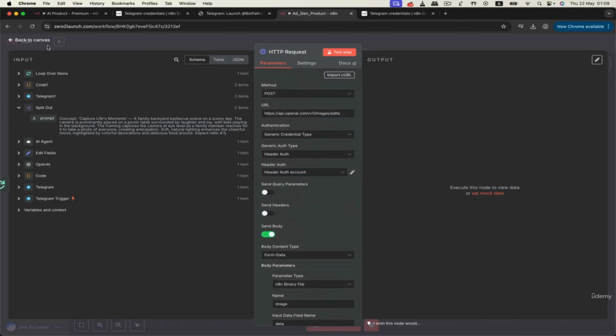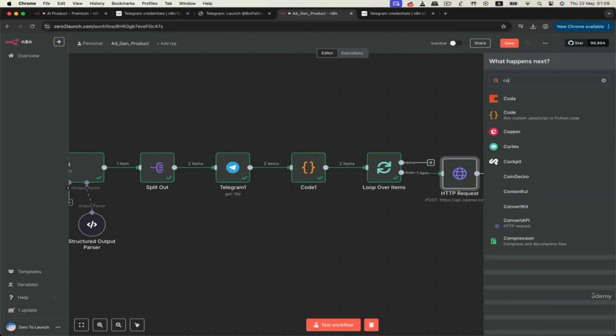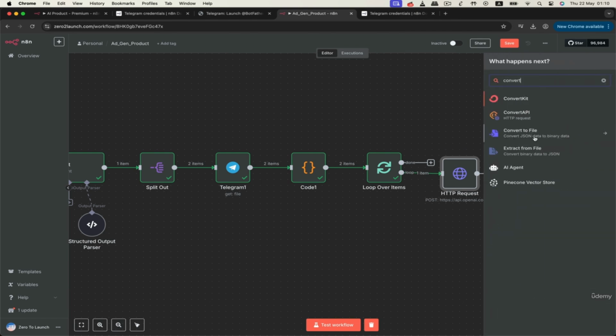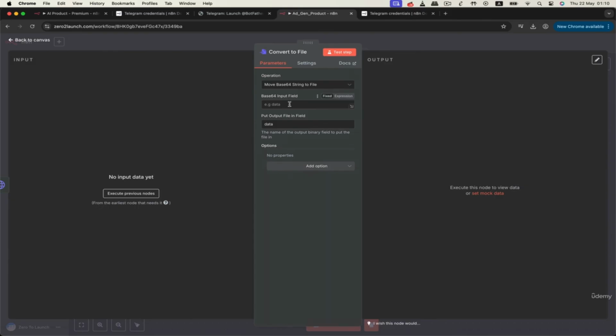After the image generation request is complete, OpenAI responds with a base 64 encoded image string, usually found inside a specific field in the return data. To turn that into a usable image file, we'll use the Convert to File node. Now, go ahead and fill in the required fields, mapping the exact location of the base 64 string from the HTTP response. We'll see it clearly when testing. Hit Test Step,